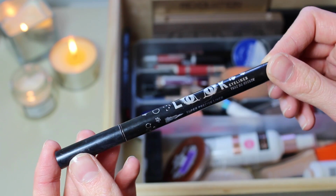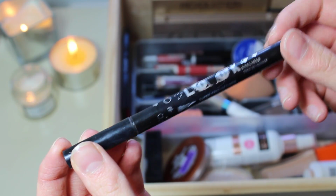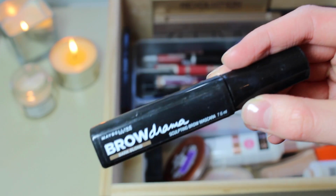I keep my only eyeliner here, which is by Miss Sporty. It's a Studio Lash Look eyeliner. It makes it quite easy to apply, but it's still quite a hard job. I have an eyeshadow primer here by Rimmel London, and I also have some more brow things, but I don't